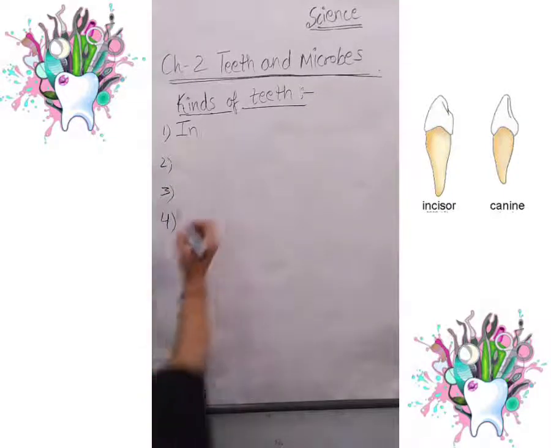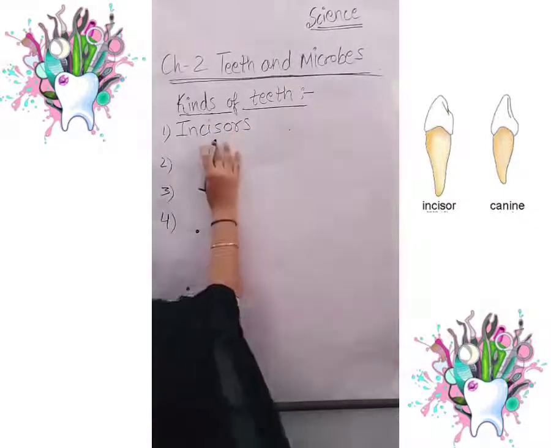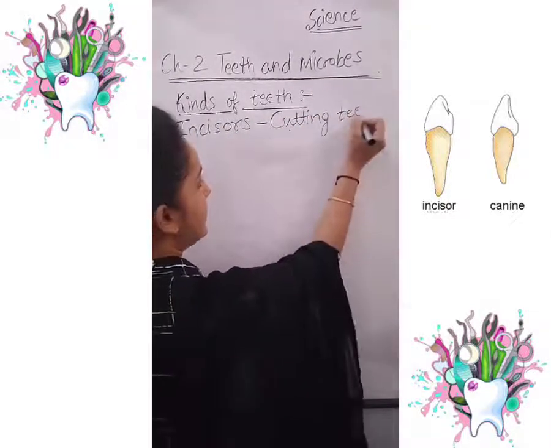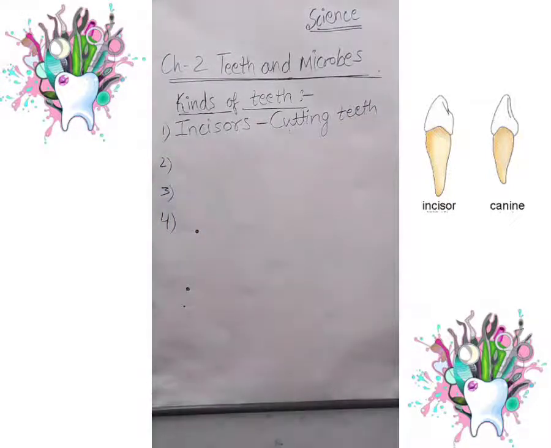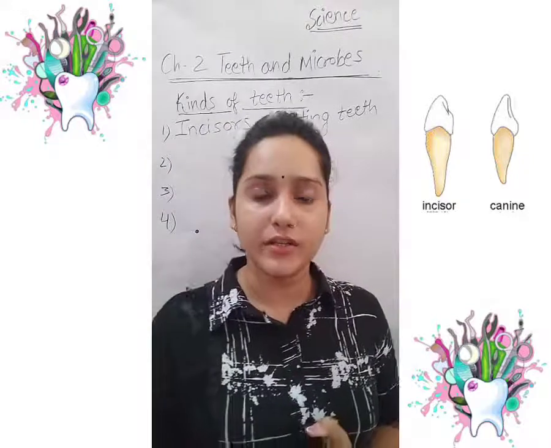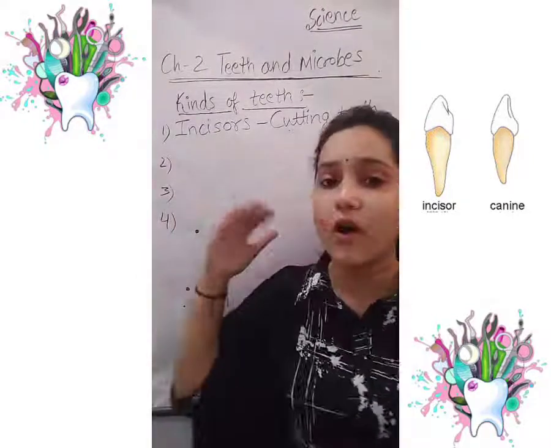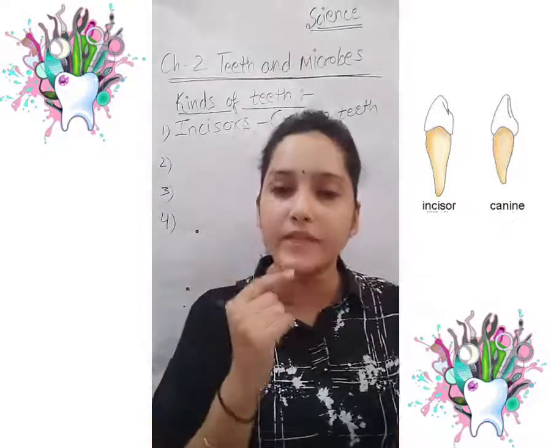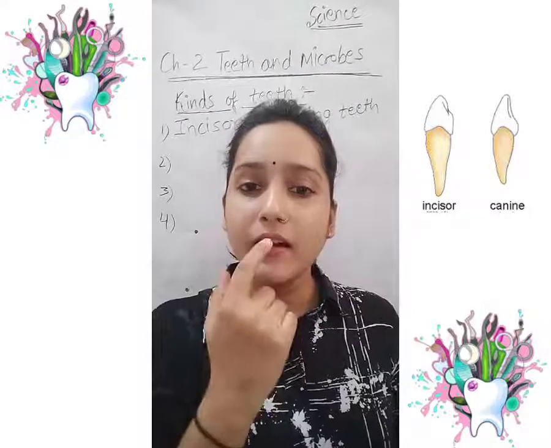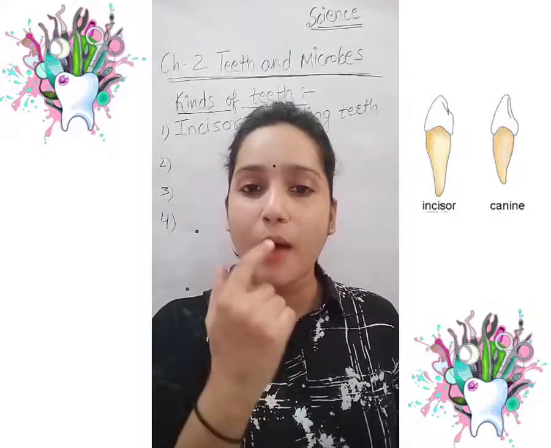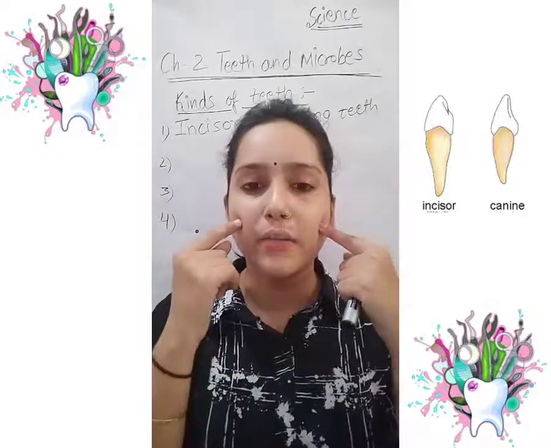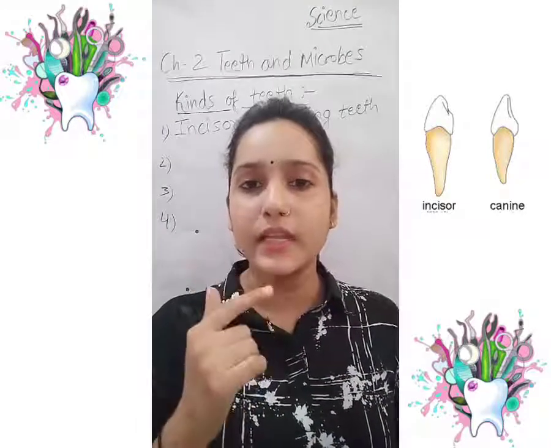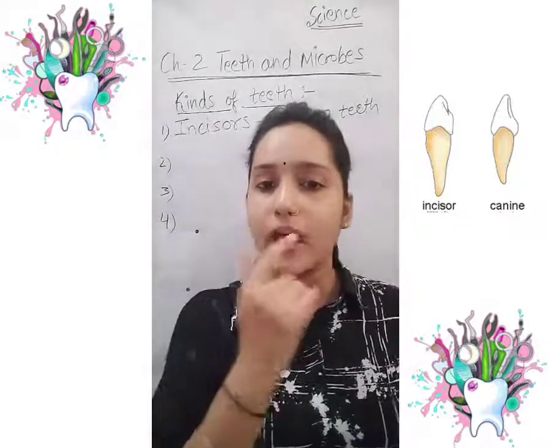Incisors are the first type of teeth, which are also called cutting teeth. As the name shows, these teeth are straight and have sharp edges, and are used for cutting down food. Whenever you eat anything, you cut the food with the help of incisors that are present at the front, 4 teeth inside the upper and lower jaw. Here is the upper jaw and here is the lower jaw in which the teeth are fixed. In total we all have 8 incisors inside our mouth, that is the front teeth.